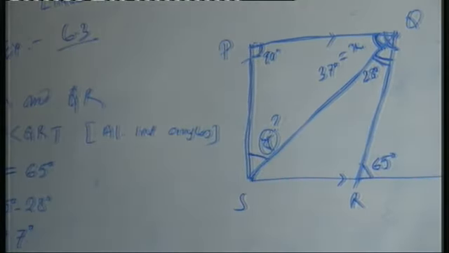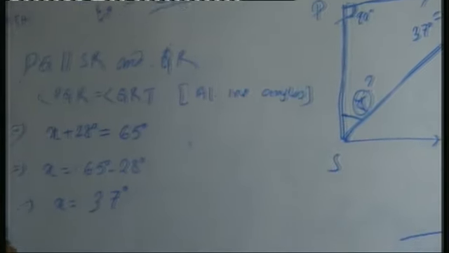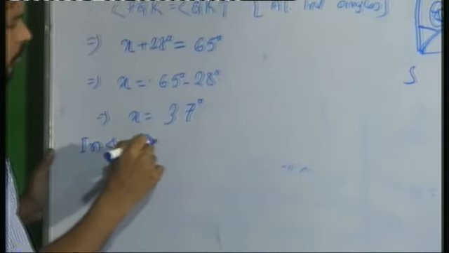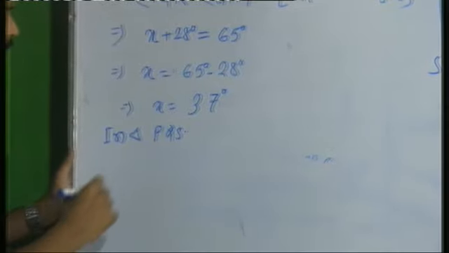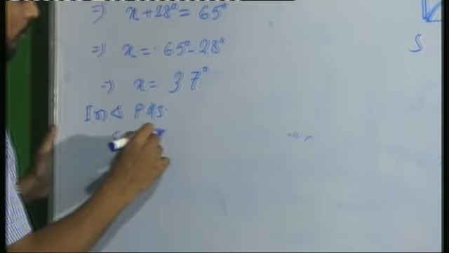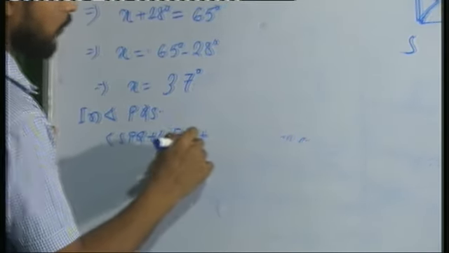So applying angle sum property, we can easily calculate it. So apply that. So in the triangle SPQ, if I apply angle sum property, so it will be angle SPQ plus angle PQS plus angle